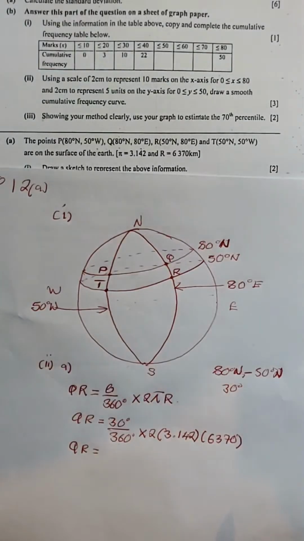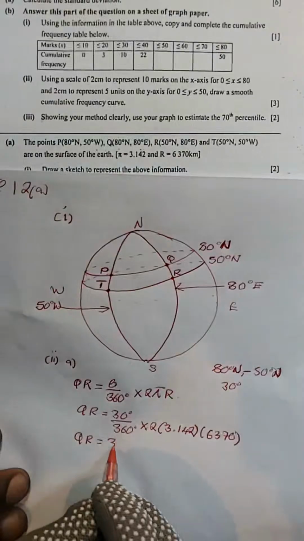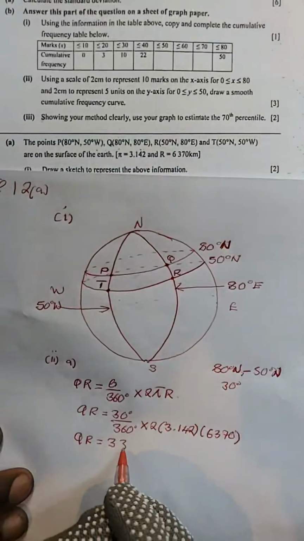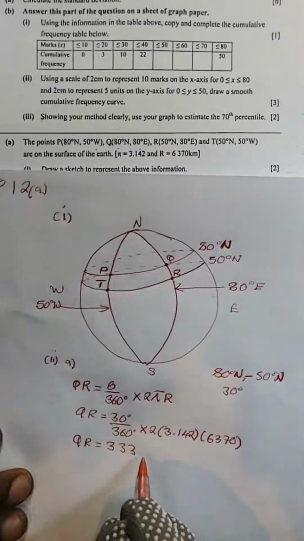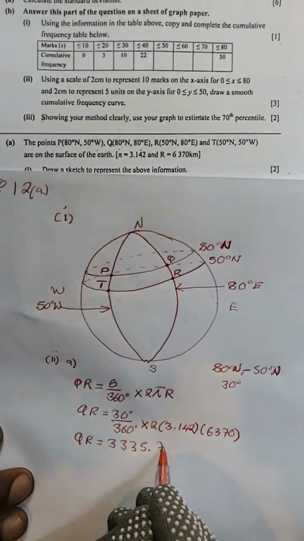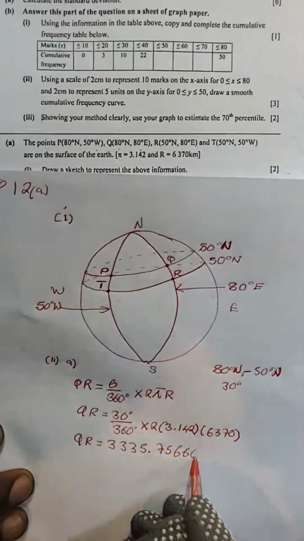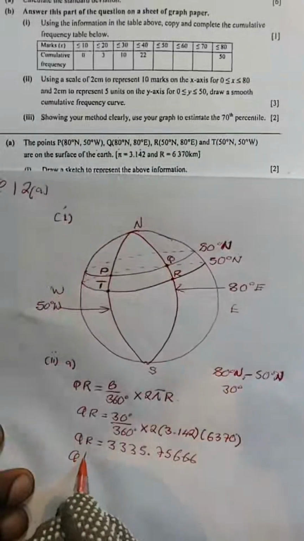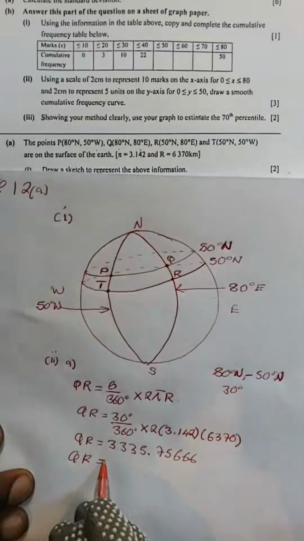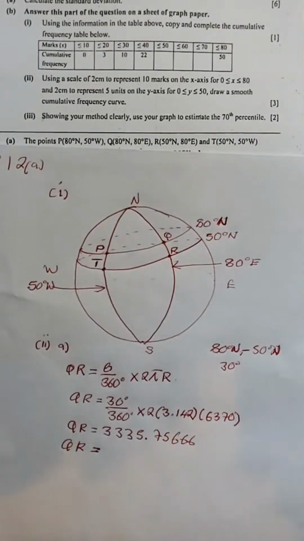You can confirm. This is giving me 3,335.775666. Now the degree of accuracy here is not specified, so we need to leave our answer correct to 3